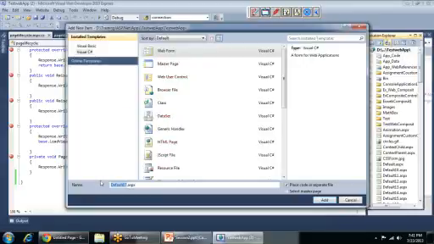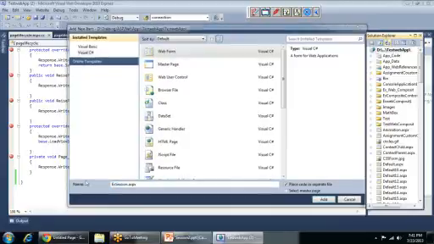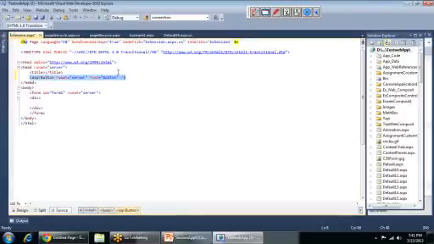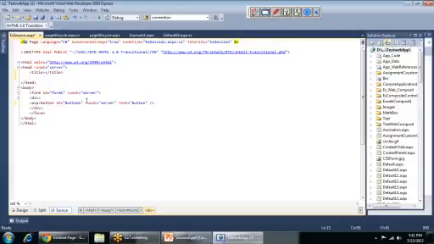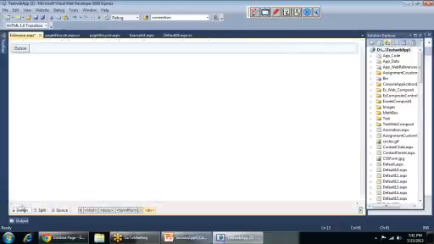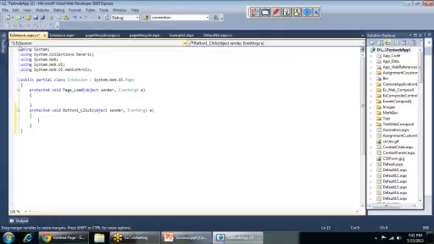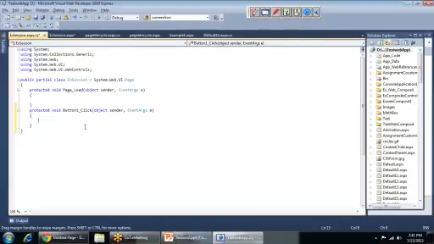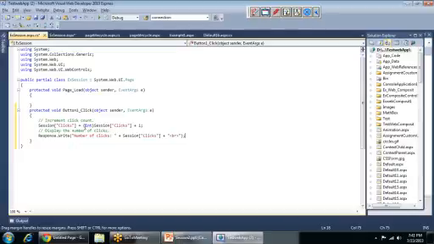So this is the code where I will count the button clicks. So I'm just adding a button here. Here I'm incrementing this session variable. Session is initialized here in the global.asax.